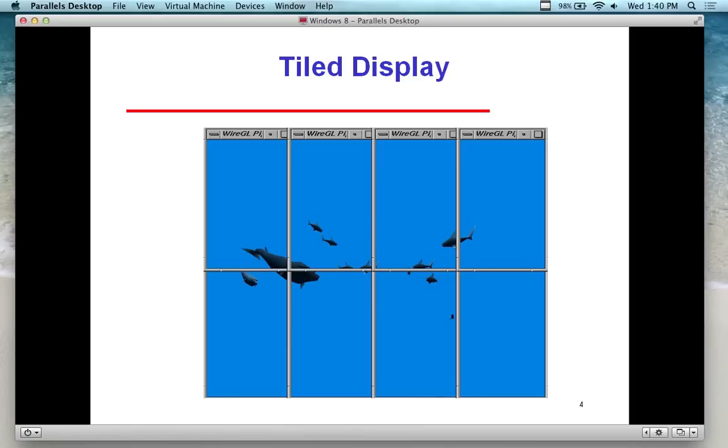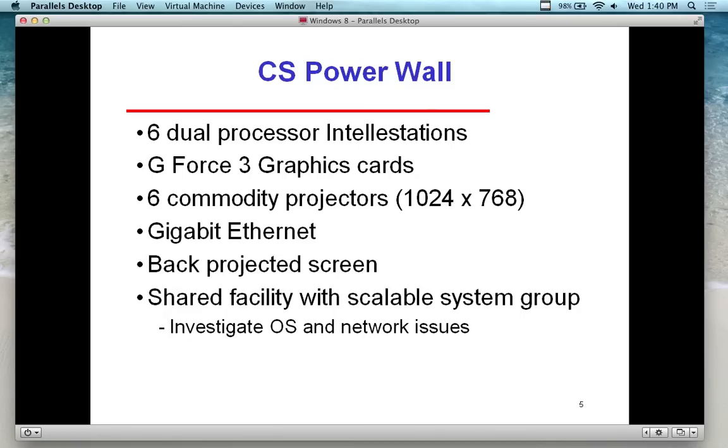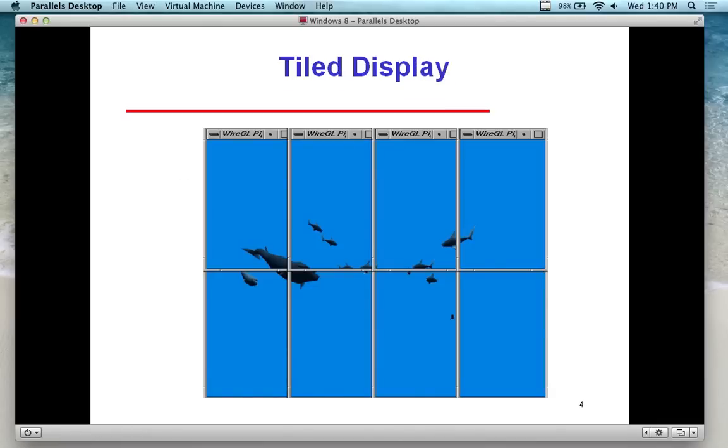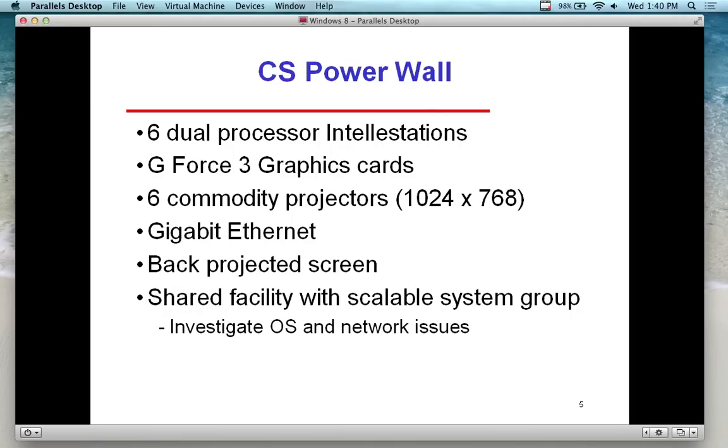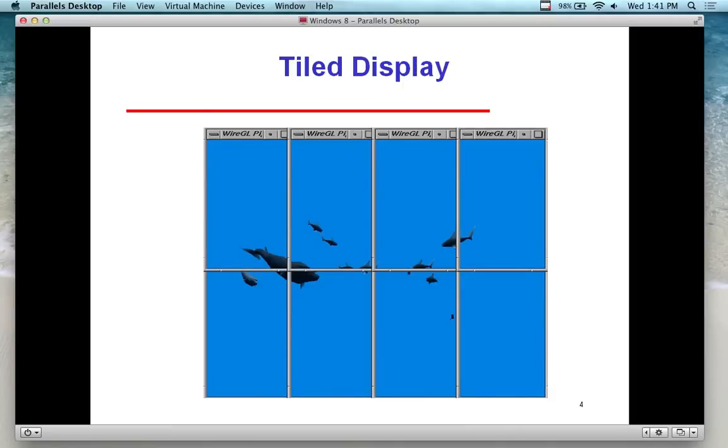So this is the tiled display. You can see that a lot in some big stores. You can put it on an entire wall. So in terms of our power wall for our graphics system, we can have 6 dual processor IntelliStations, a GeForce 3 graphics card, 6 projectors of 1024 by 768 perhaps, and gigabit Ethernet, because it's going to be run through a network. We have a connection that goes in between each one of these panels because the pipelines have to